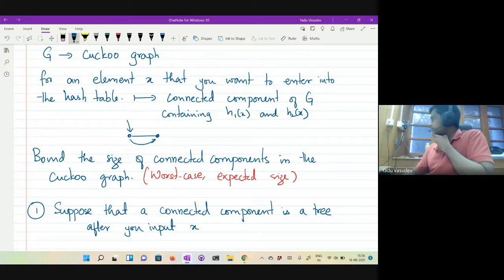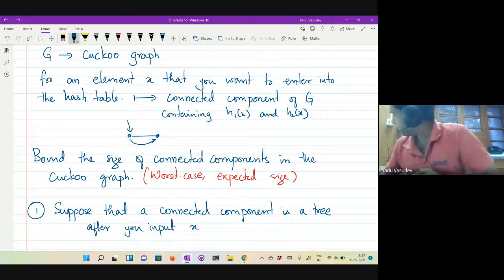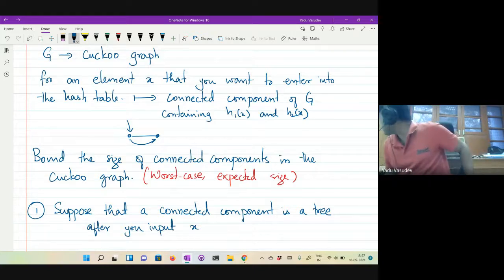Rehashing, let's forget about rehashing for now. So you're saying we won't rehash because you will be able to find a place to put it. How will you find a place to put it? We'll find a path to a leaf from the vertex x.